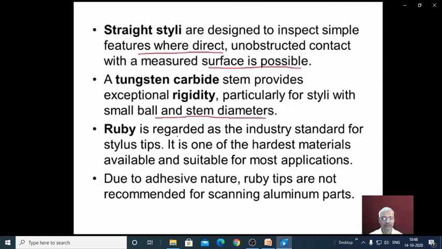Ruby is regarded as the industry standard for stylus tips. It is one of the hardest materials available, and it is suitable for most applications. Due to its adhesive nature, ruby tips are not recommended for scanning aluminum parts.